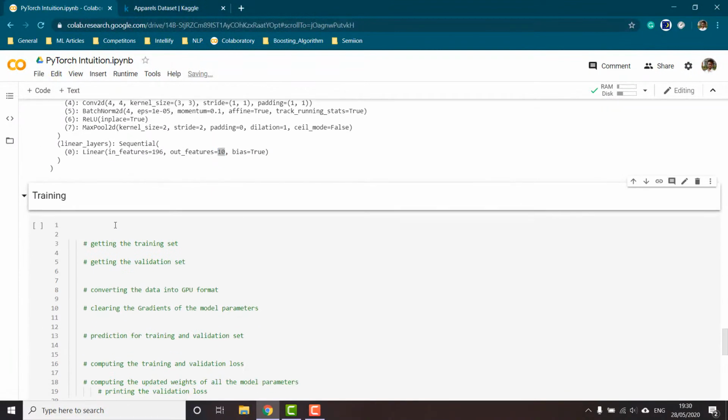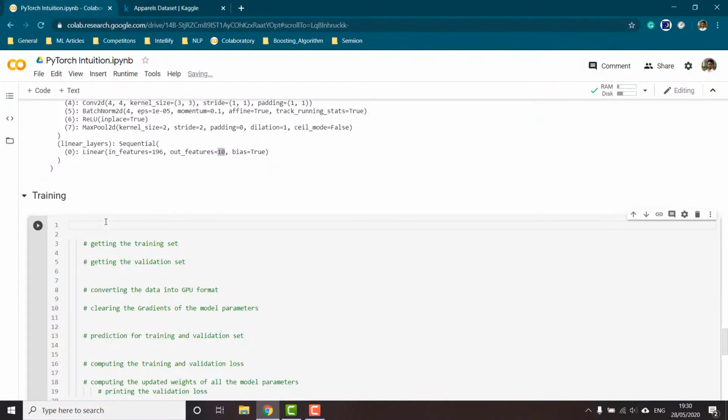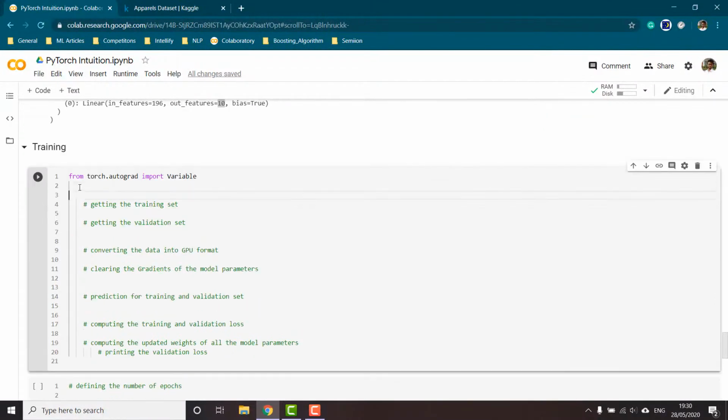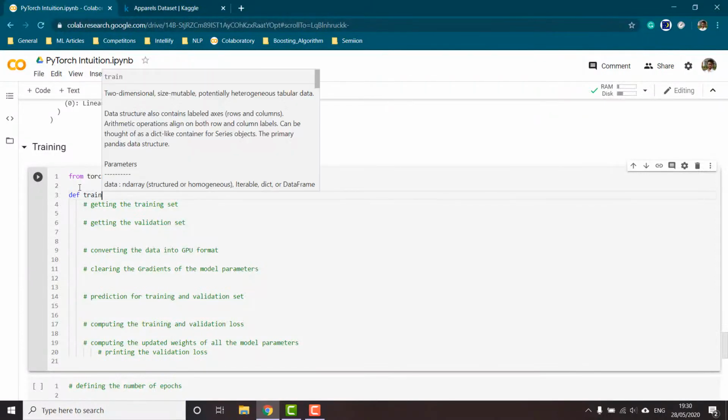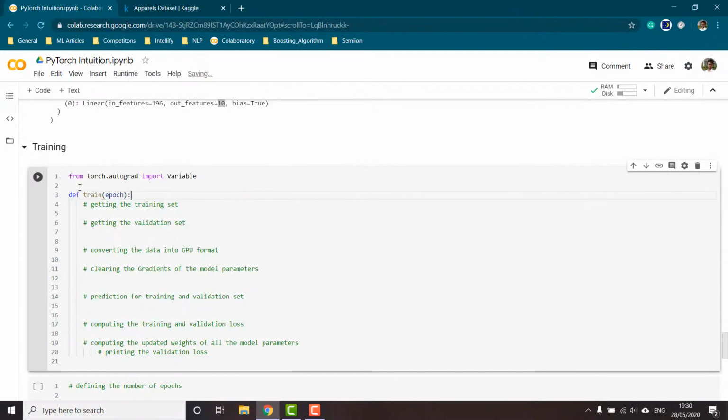Now the training part. So for training, I'm going to call from torch.autograd import variable. Once this is done, now let us define a training function. So for train, the input would be the number of epochs that we want to train.